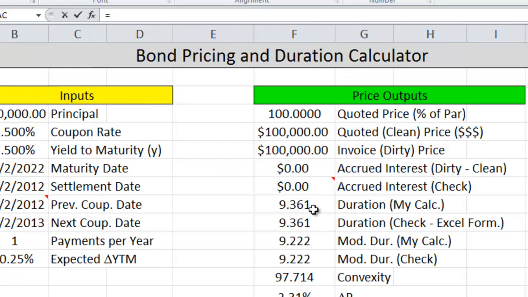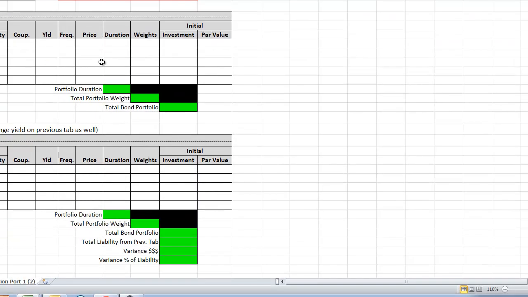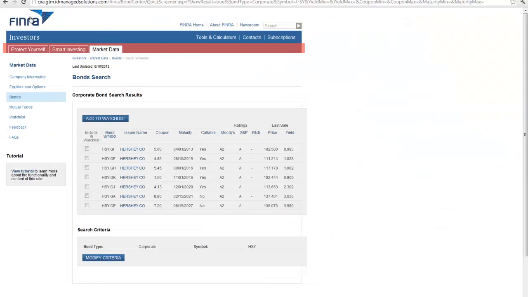There's our Macaulay's duration. So what we want to do is try to put together a bond portfolio, get the appropriate weighting in that portfolio so that we can match the duration of this liability, and that will help us to hedge our interest rate risk. So let's just go grab 5 different bonds, and we'll make the majority of our portfolio